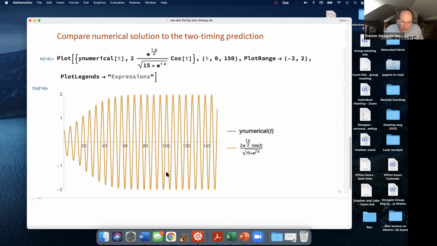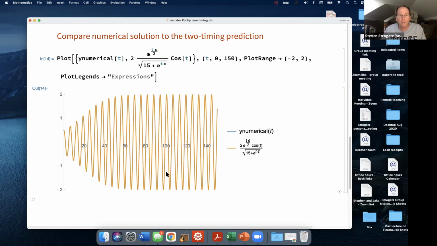And as I say, if we wanted to, we could account for those effects by putting in a 3rd time scale. But anyway, I hope I've convinced you of the power of this technique of 2 timing, even if its logical foundations, as I presented them, are pretty shaky. But it's a great method.